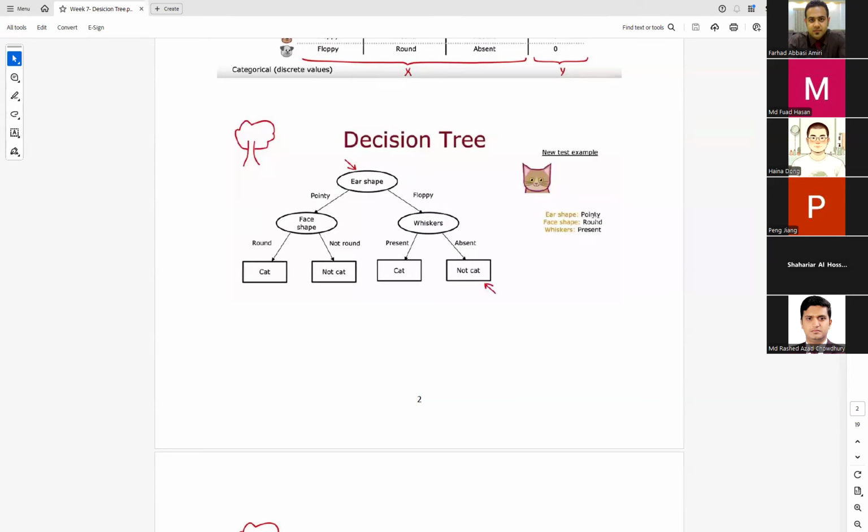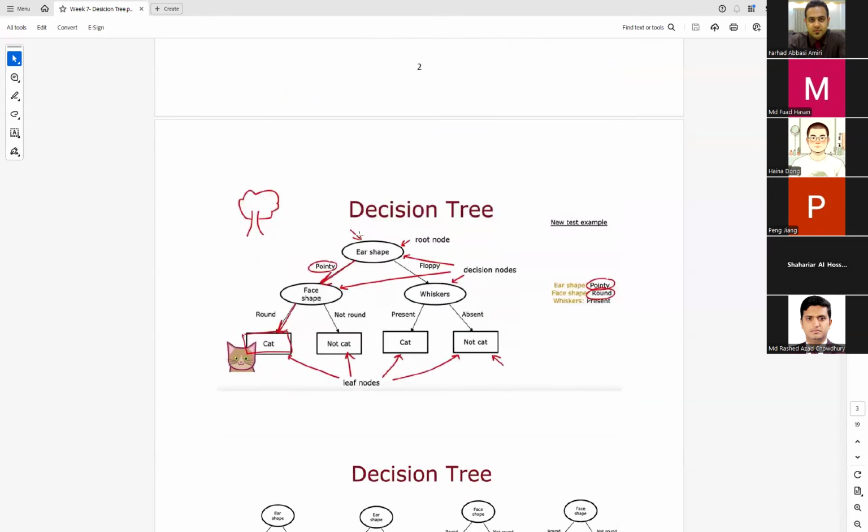So if we give this new test example to this decision tree, what is the ear shape of this cat? It's pointy, right? Starting from the root node, the ear shape is pointy, so we choose this path. We go to the left branch because the ear shape is pointy,